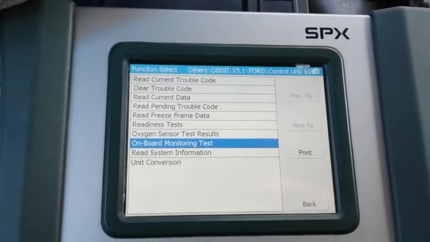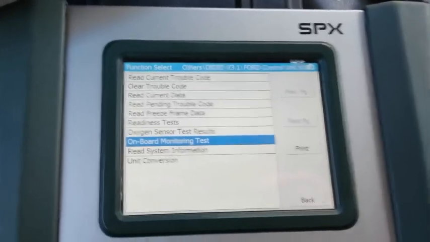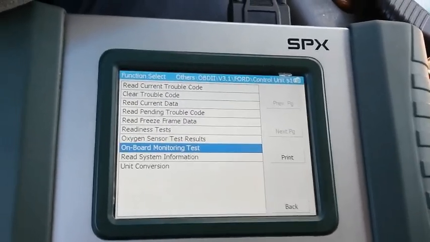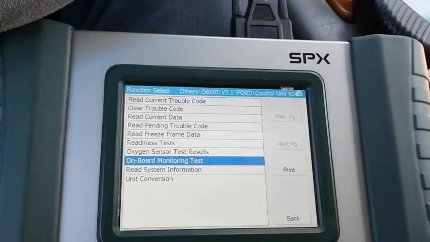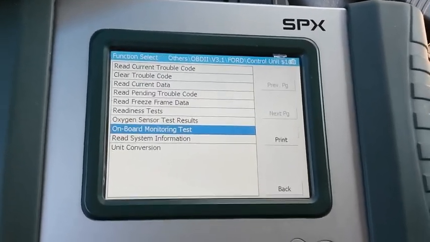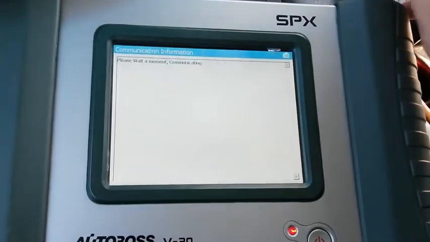I'm here working on a 2000 Ford Expedition with a 5.4 liter engine. This video is going to be based on using mode 6 on a Ford vehicle. This vehicle came in with the service engine soon light on. Supposedly,